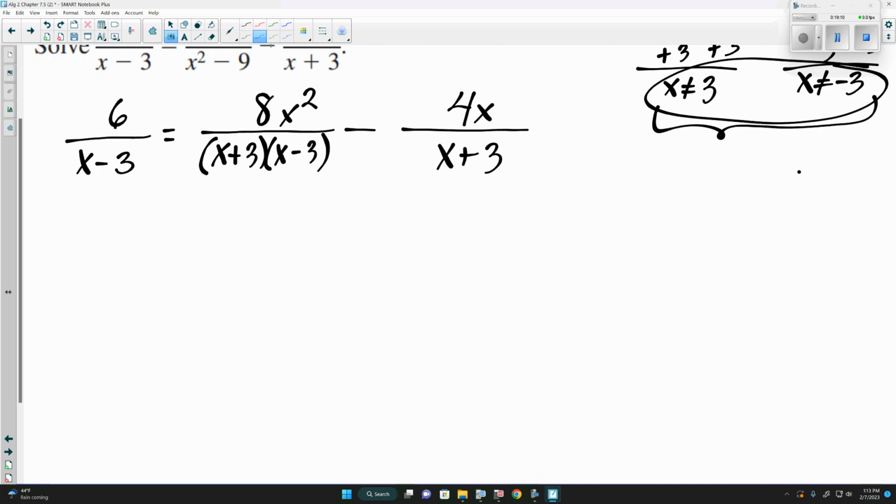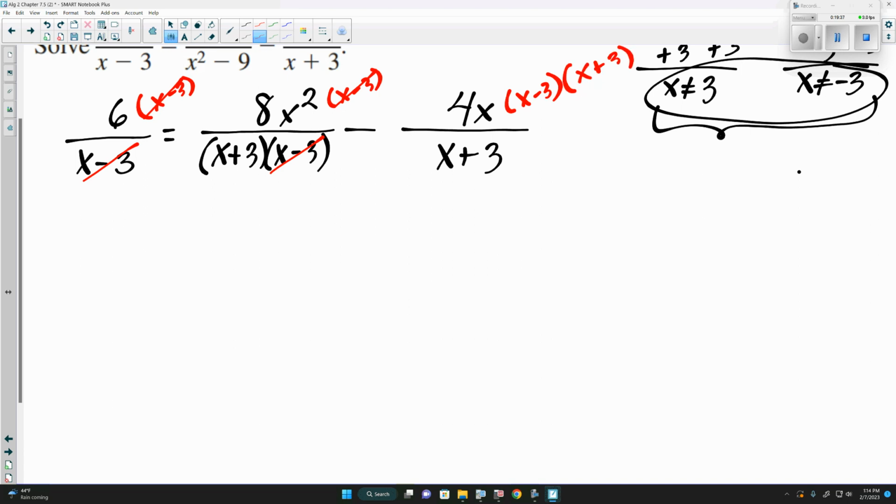Now, with this here, one thing we know we'll need to multiply all 3 rational expressions by is x minus 3. Because in the first one, the x minus 3 and x minus 3 would cancel. In the middle, the x minus 3 and x minus 3 would cancel. In the last one, well, the x minus 3 won't cancel. But we'll also need an